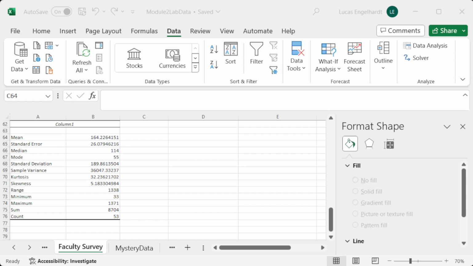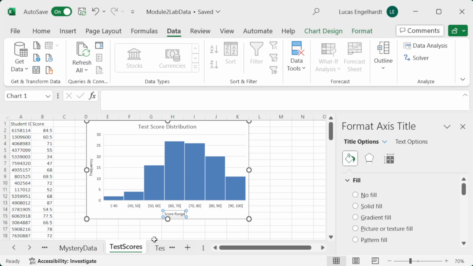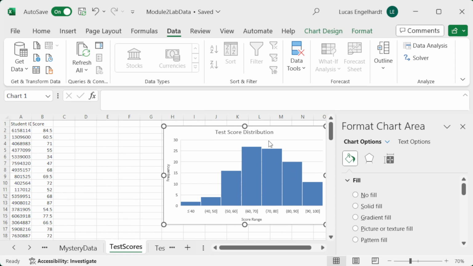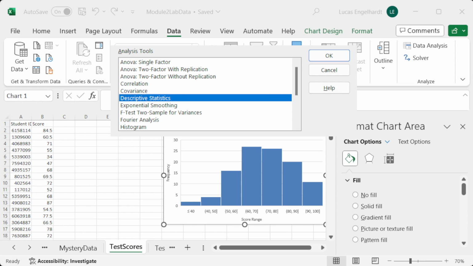The next thing I want to do is show how we can use descriptive statistics to examine whether a distribution is normal or not. So I'm going to go ahead and switch over to a different set of data. We're going to go back to that test score data. The test score data here, we already have this distribution that we've looked at. The second thing we want to do, let's add those descriptive statistics. So first I need to go into data analysis, which is going to then give me the descriptive statistics option here, which is what I'm going to select,